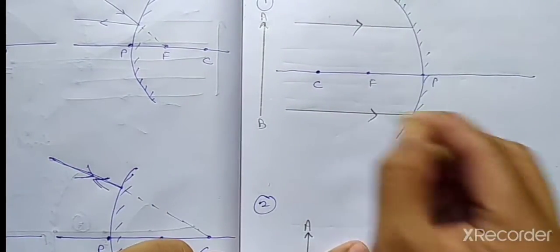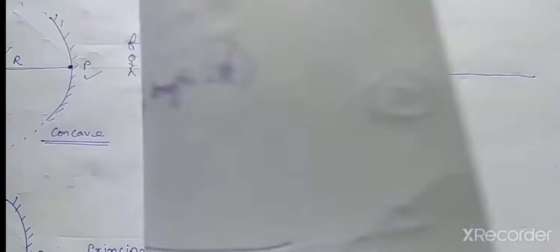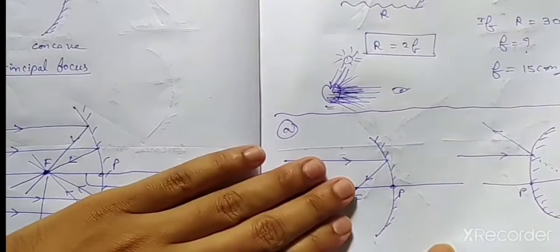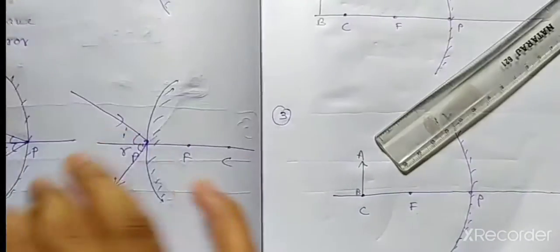These two rays fall on the concave mirror, and there is a formation of